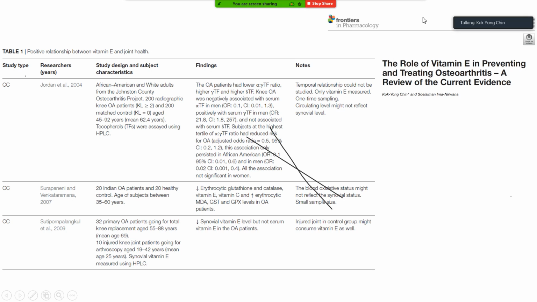But anyway, I'm going to show you some of the evidence table, how we made the evidence table. So in this published article, the row with,